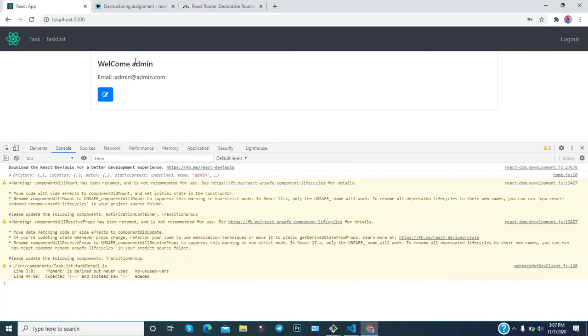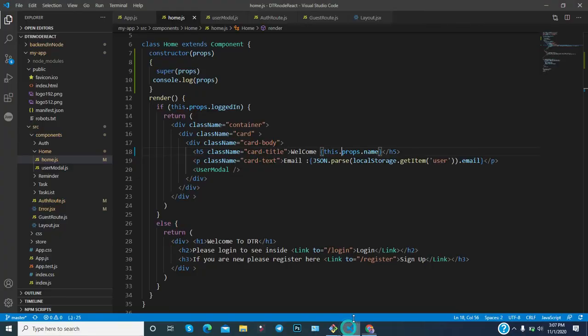You can notice that again you got admin because you got the information in the props. So there is no need to use local storage here. You can do it this way for email as well.